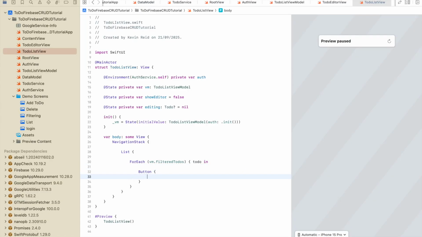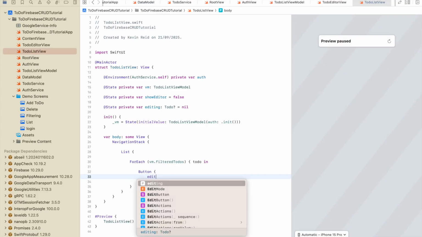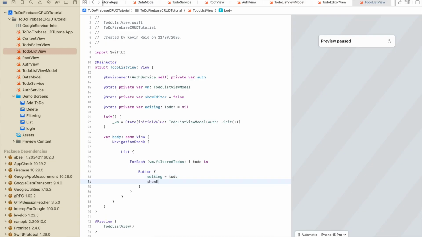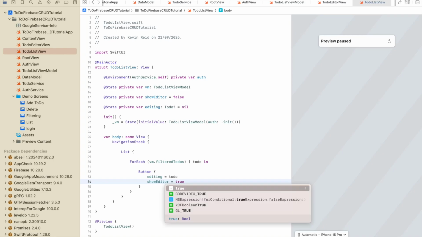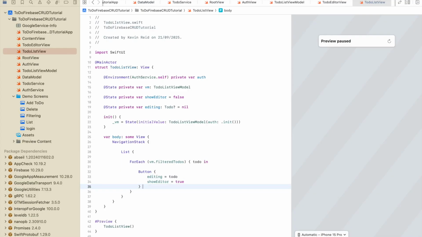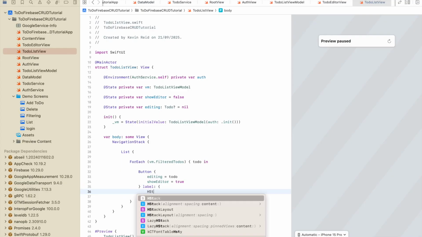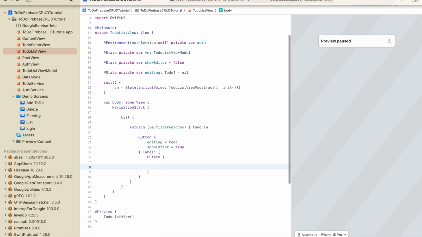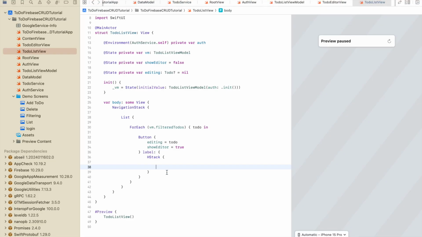We also need to add a button. Editing is equal to toDo. That will set the current to-do. And also showEditor is equal to true, and that will open the editor sheet. We also need a label, an HStack, so within our HStack we also need to create the VStack,